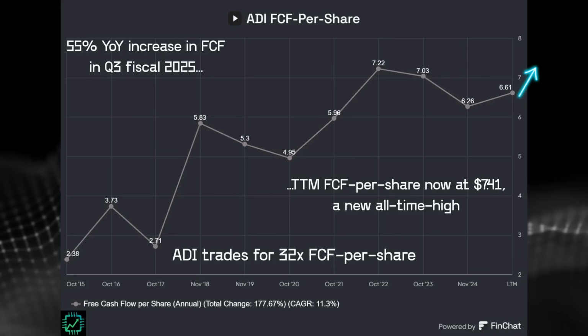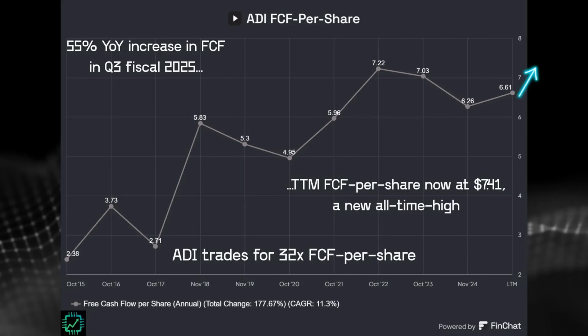This was another solid quarter based on their guidance. They did say on their earnings call, their fiscal Q4, which ends in November, actually tends to be seasonally slow. So the fact that they're still forecasting sequential growth, I think, is pretty indicative of this stage of the cycle. If we kind of correlate this back to our end market cycle that shows auto industrial being at the beginning of a new growth cycle, that's kind of what you would expect at the beginning of a growth cycle. The seasonality doesn't really play a factor. They're so behind on orders that they're just trying to crank out product as fast as they can.